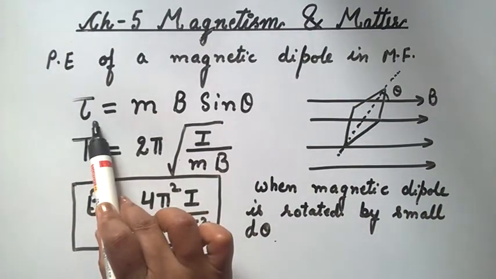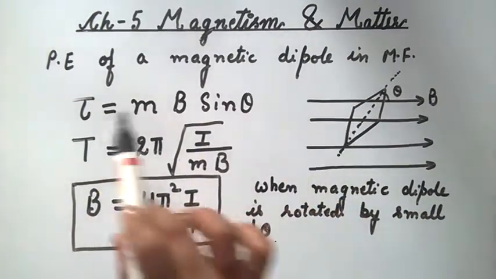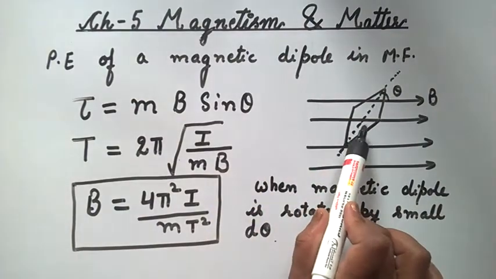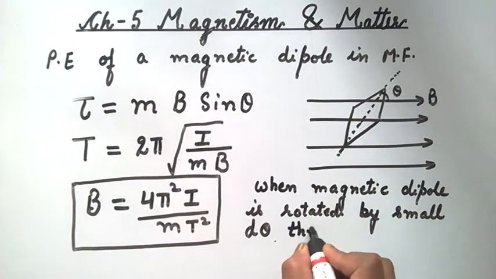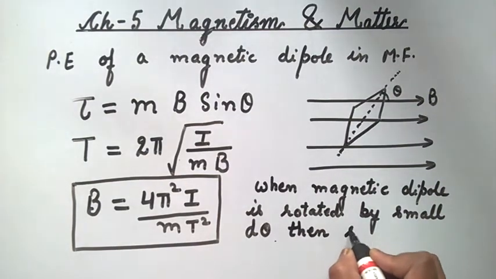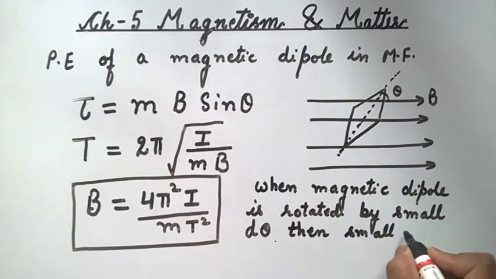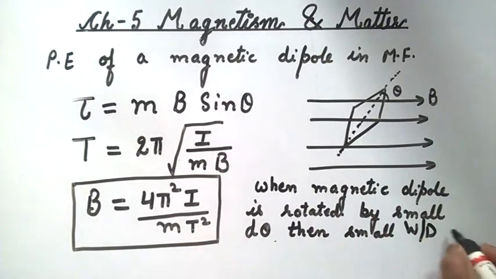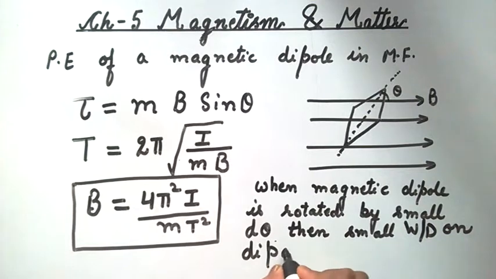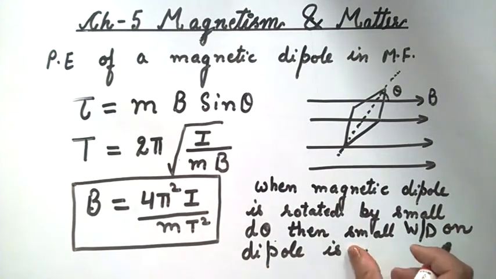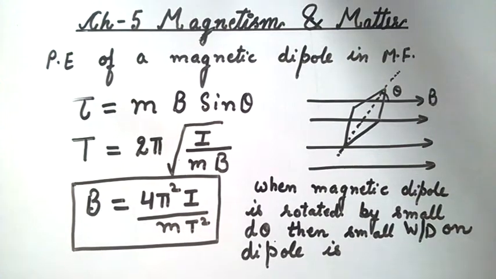That is, a constant restoring torque is experienced by the magnetic needle. It is equal to